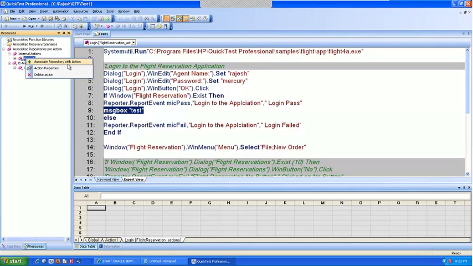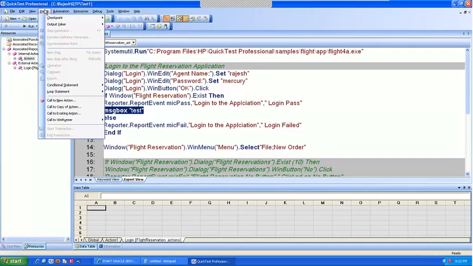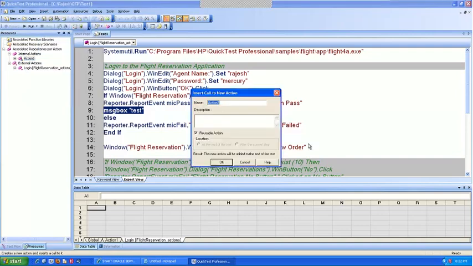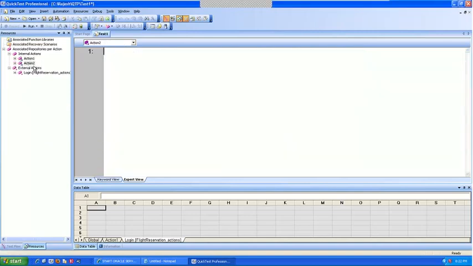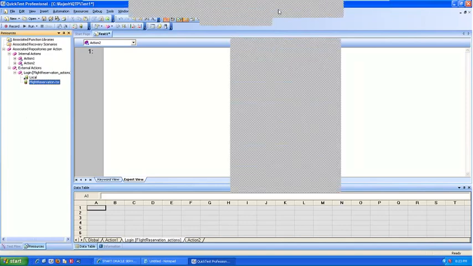Yes, but for every action, initially there is a local one assigned already. So every action that you are inserting, that is, if you are creating a new action within the script, say call to new action, for this you have to associate. If you are calling an external action or call to copy of the action, automatically that repository also comes along with it. You getting me? Yes. Thank you. Any other questions, guys?